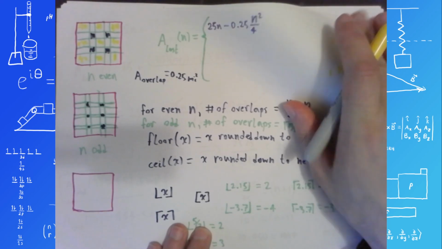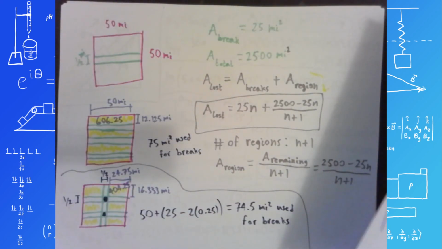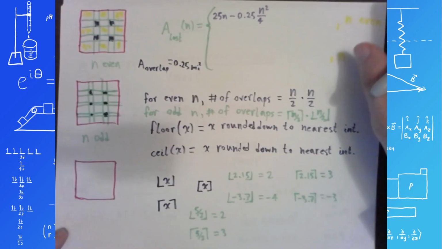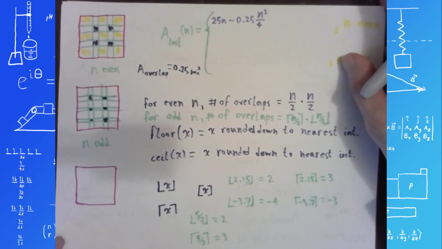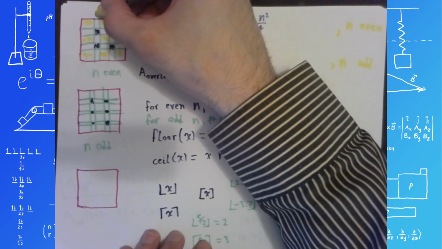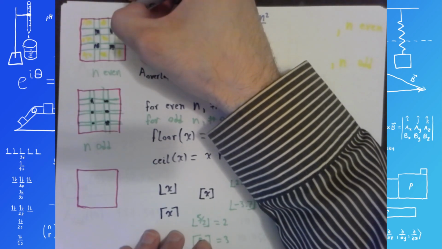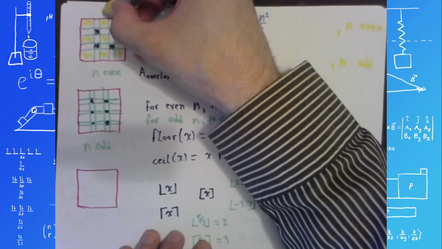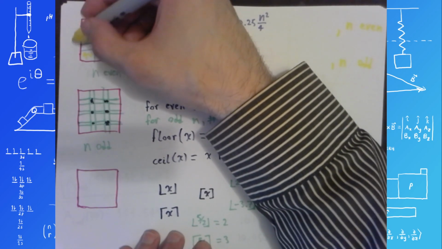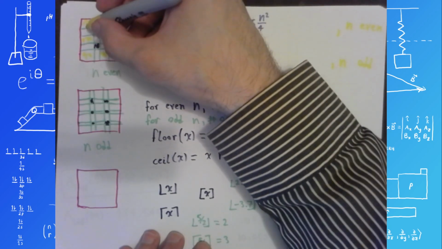We said earlier, when everything was being installed in parallel, that it was just n plus 1 for the number of usable regions, and I'm still seeing that in here, but along both directions. If I'm doing 2 fire breaks, then I've got 3 usable regions per vertical fire break, and then horizontally I've also got 3 usable regions per